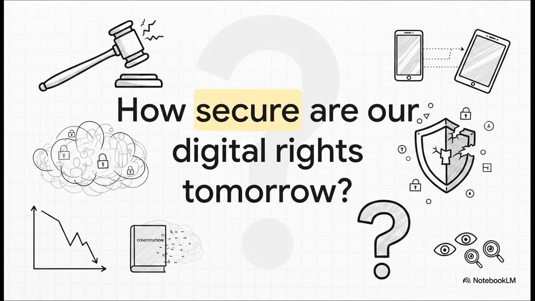Which leaves us with a stark, provocative question to end on. We've seen that these fundamental rights rely on judicial interpretations of this penumbra. And, as legal scholars observed during the 2022 Dobbs decision, Supreme Court interpretations of these unenumerated rights can profoundly shift. So, if the very foundation of constitutional privacy is based on evolving interpretations, how secure are our digital rights really going to be tomorrow? It's definitely something every privacy professional, and honestly, every single one of us needs to be watching very closely.